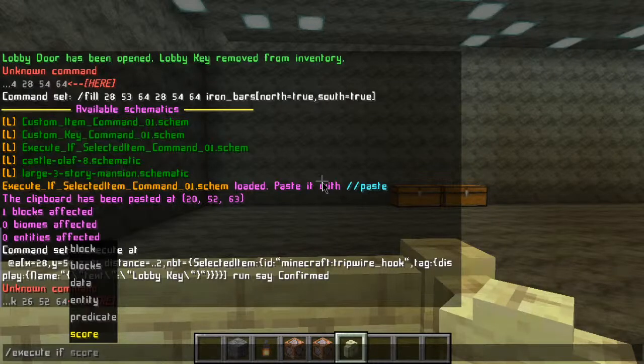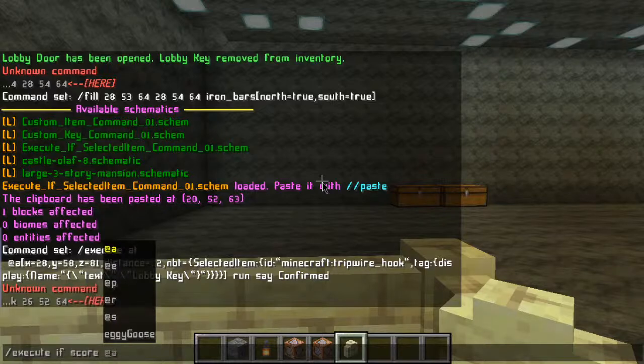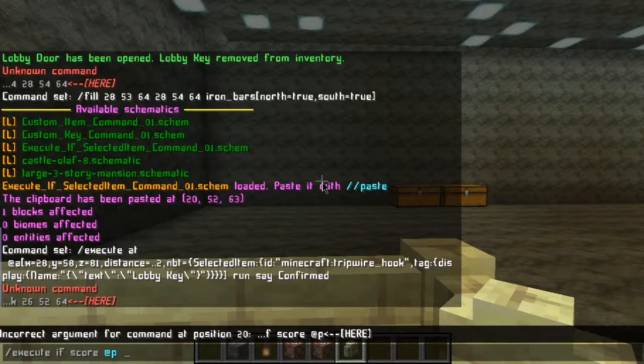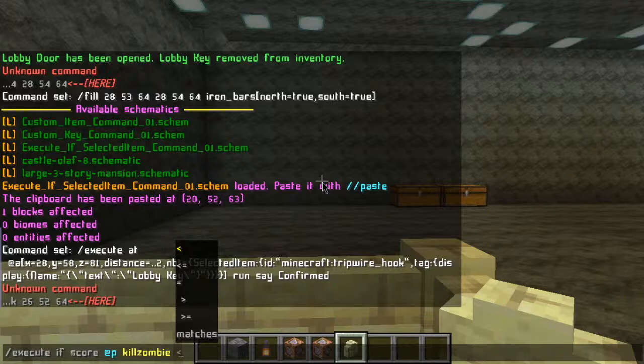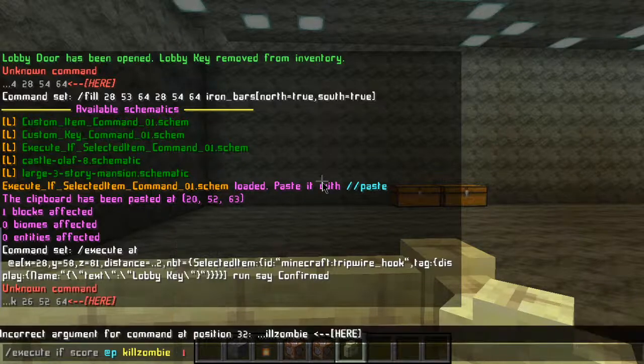For example, what I think I'm going to do for the zombie kill, I'm going to create a command that'll say execute if score, for let's just say @p. I always do @p just because it's usually just me on here right now. And then you would do your target objective. So let's say it was kill zombie. And then if it matches 1,